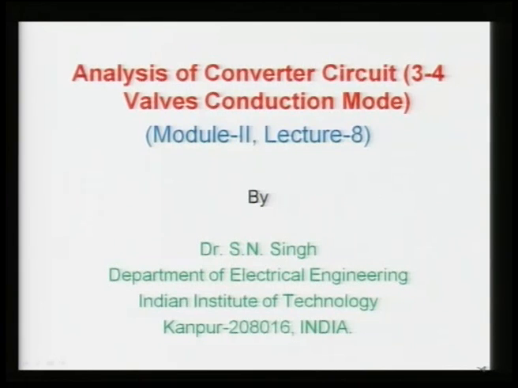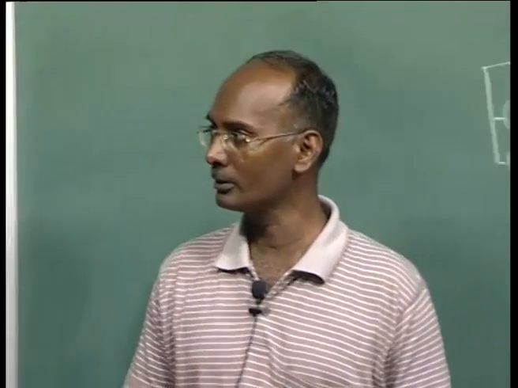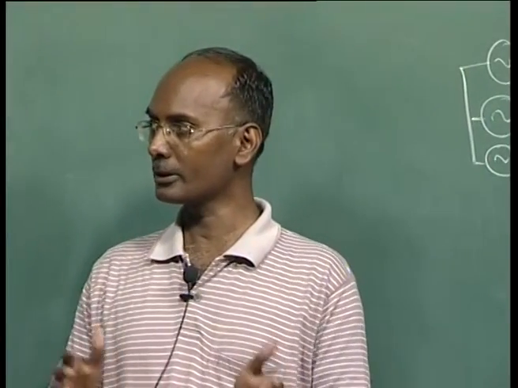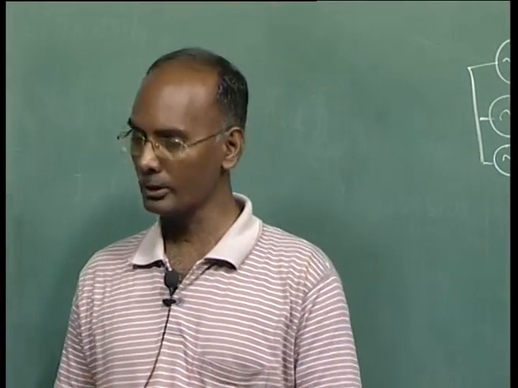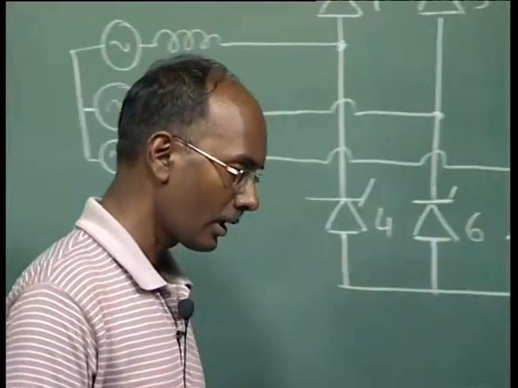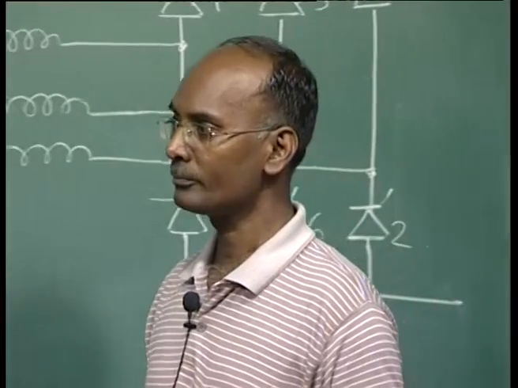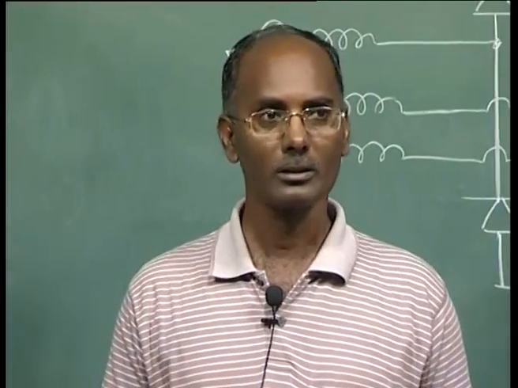So, let us start lecture number 8 of this module 2, and today I will discuss 3-4 valve conduction, especially the various valve voltages and the output voltages for both rectification and inverter operation. Then we will see how the commutation current is changing from 1 to 3 for all the 3 periods, and then later on we derive an expression in terms of DC voltage and the current along with the commutation